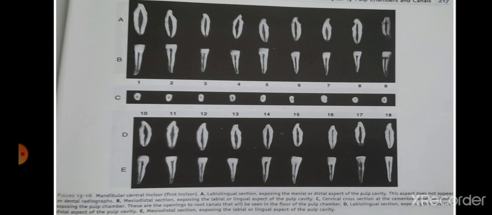The pulp horn is usually prominent but single. The canal also appears narrow, having a gentle taper from the pulp chamber to the apical constriction. The canal may exit at the apex. You can see this in figure 13.16, B2, 5 and 8, and E12, 14, 16 and 17, or mesially or distally to the apex of the root.